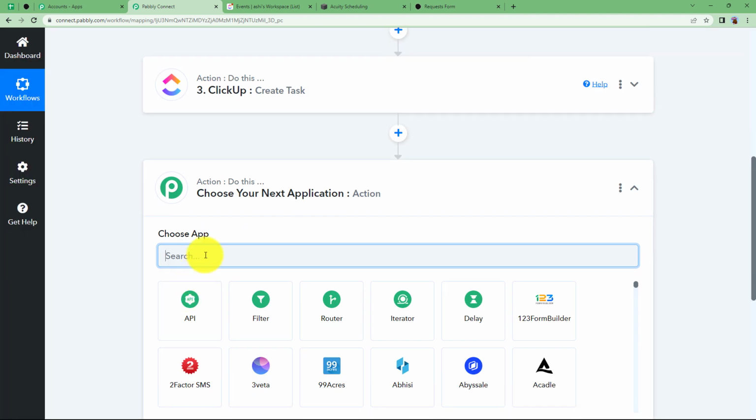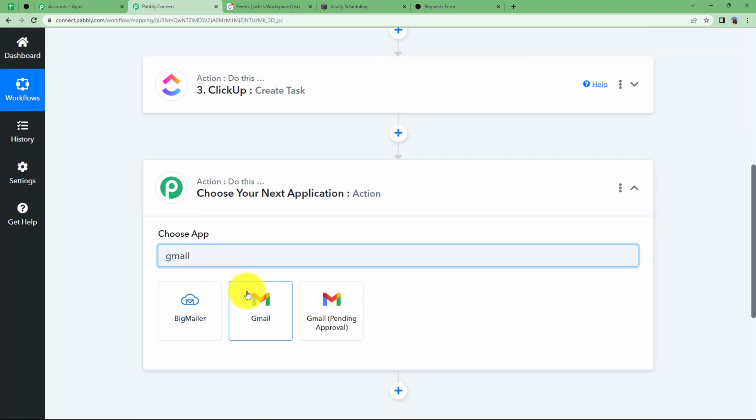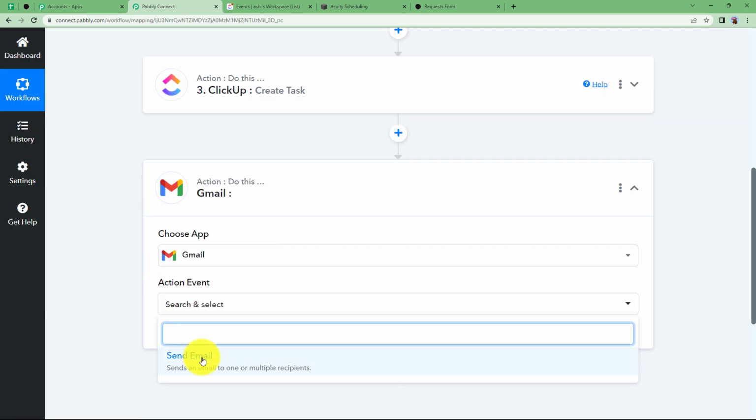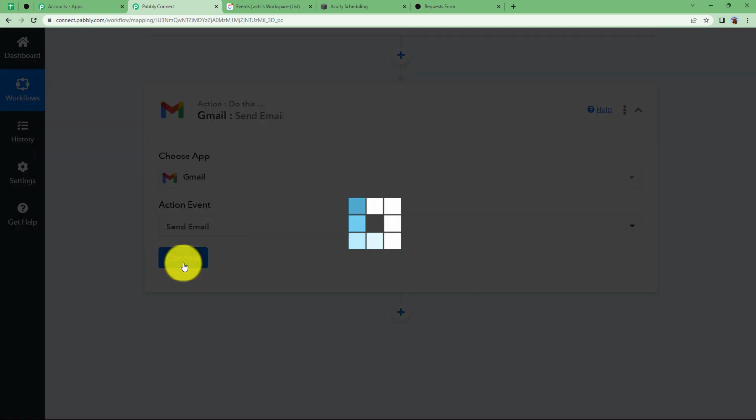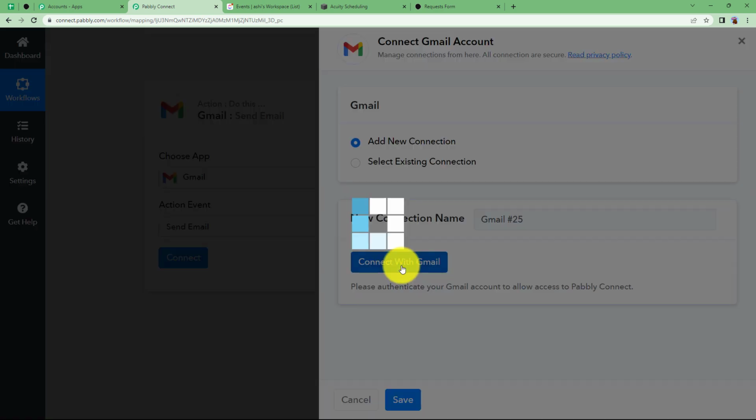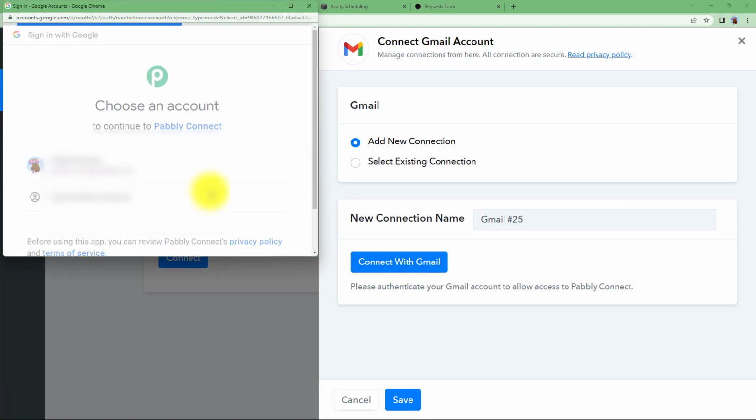So choose your last action application for this part 1 as Gmail, and the action event will be to send email. Click on Connect, add new connection, and connect with Gmail. Choose your Gmail account,